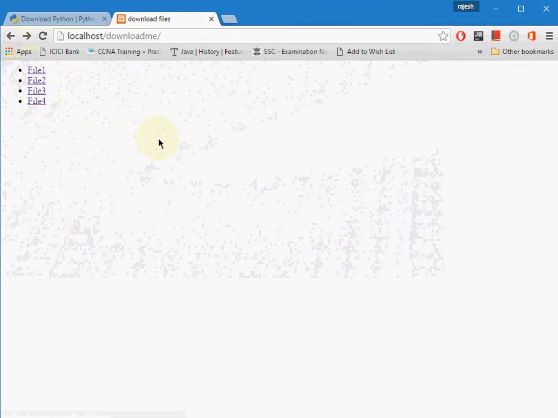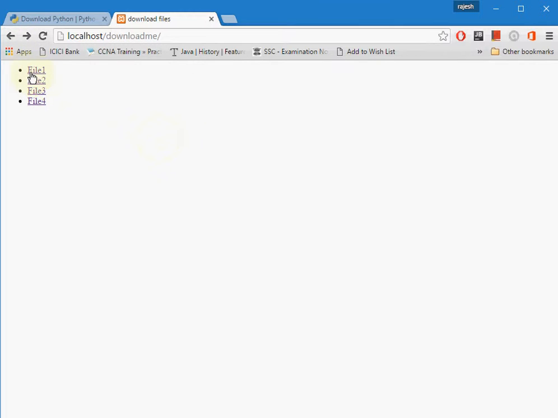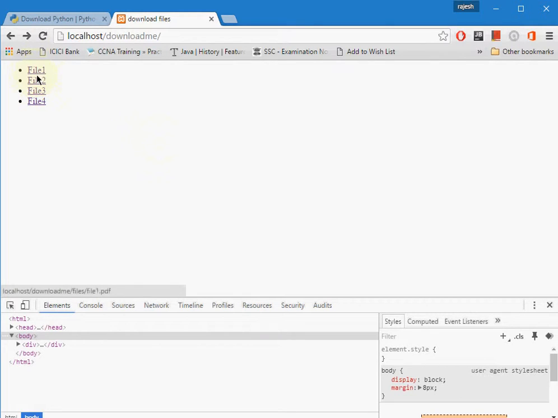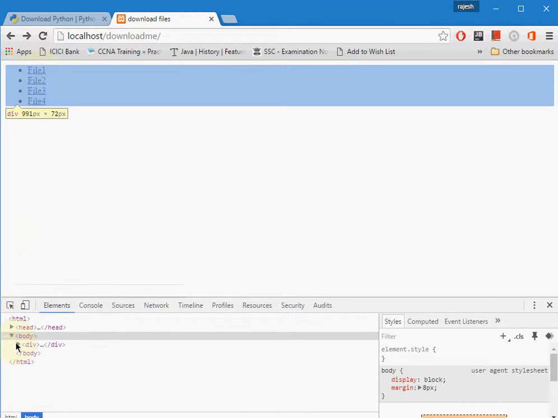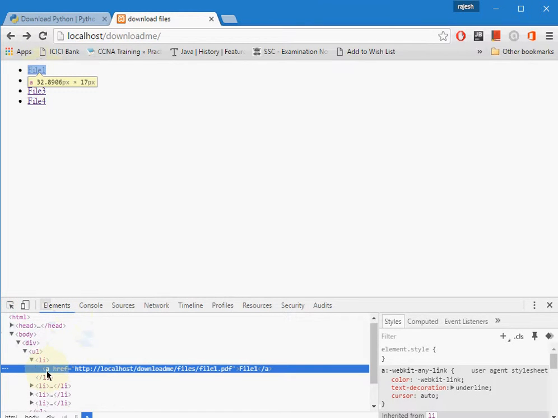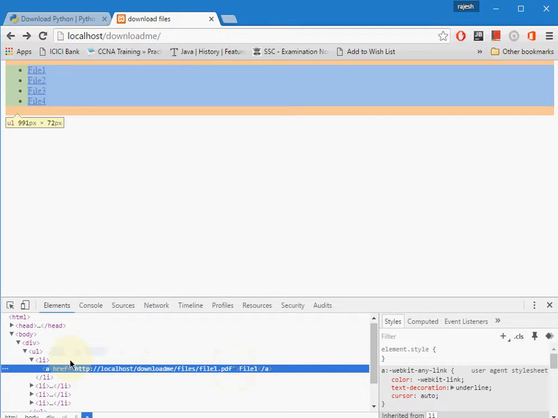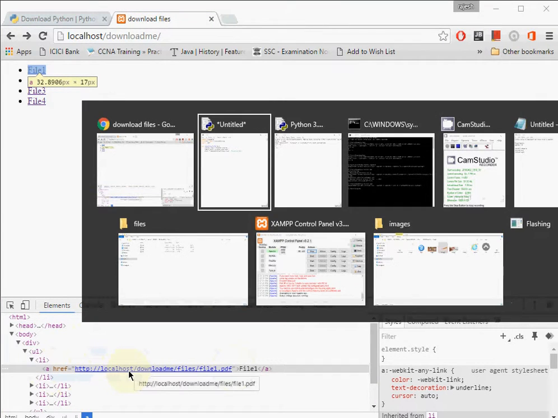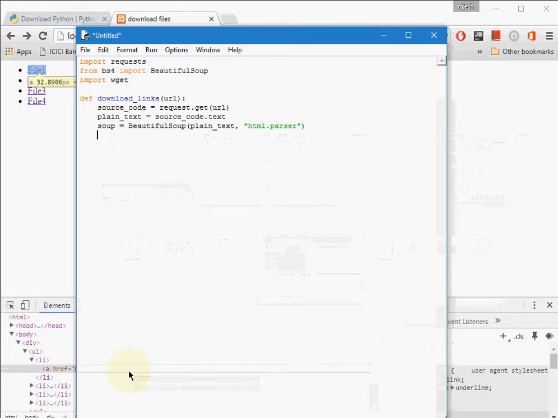So before creating the function, we need to find out the particular element for this link. So here we can see, if we inspect this element, you can see it's an a href. So here you can do multiple things. If you want to download all the links from my website, you can directly give this a to our script. So here it is, here is our script. For link in soup.find_all for a.